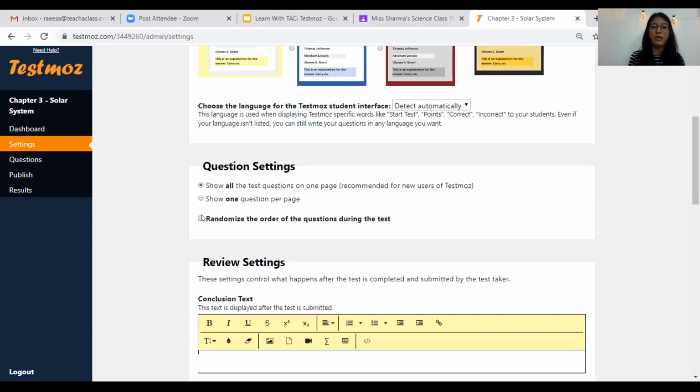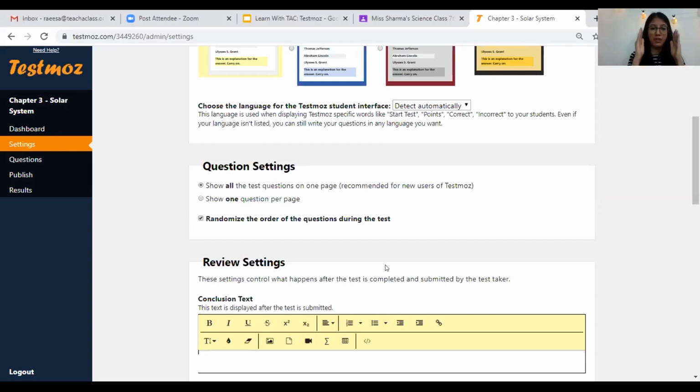But for me, since it's an online test and I know that the students are new to this, I don't want them to be discussing what's the answer for question number 1, what's the answer for question number 3 on a call. So I select this option so that it will shuffle the question order. No two students will be able to see the same questions in the same order. The questions will all be shuffled.